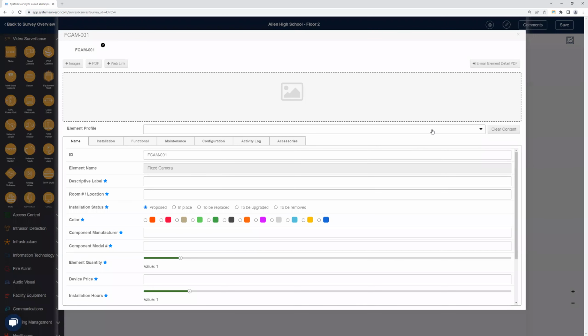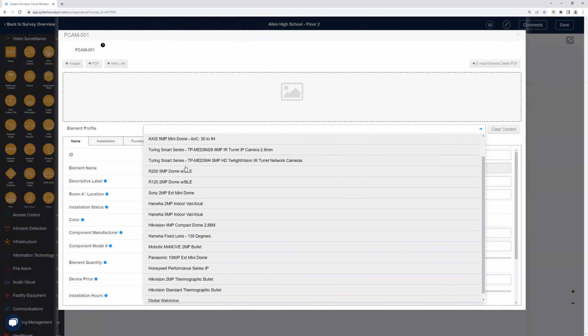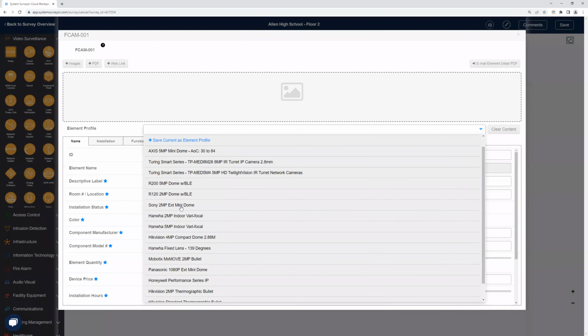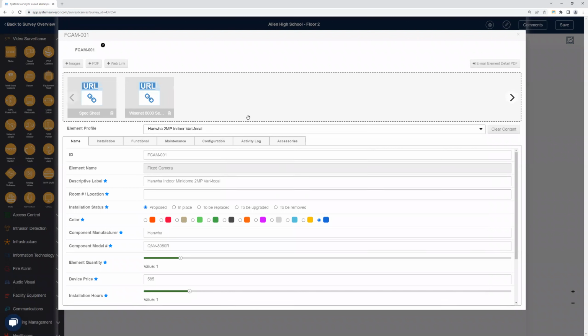And this is actually a drop down. So we'll go ahead and click the drop down. You can see we have a ton of them loaded in here right now. Just to show you what that looks like, go ahead and click on our Hanwha 2 megapixel. You'll see as soon as I click that, it filled out the information here,